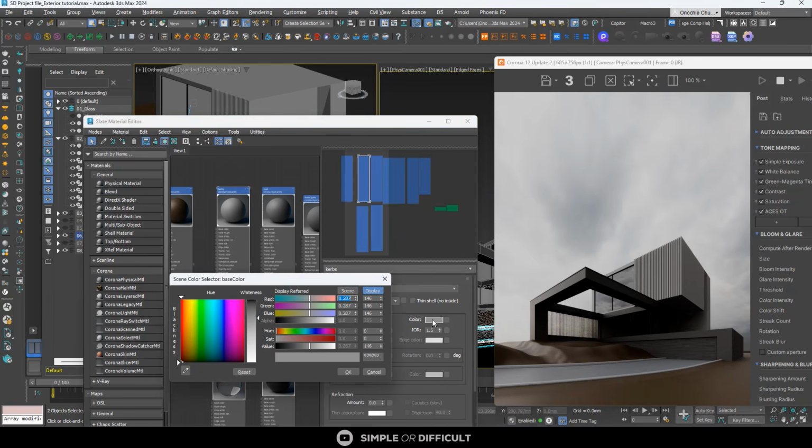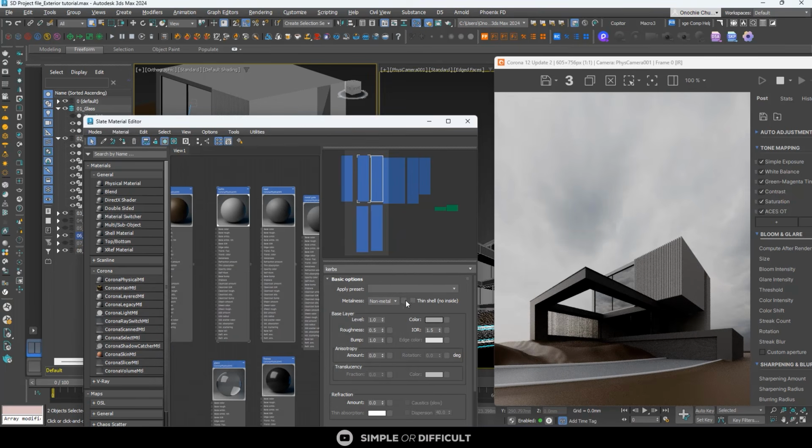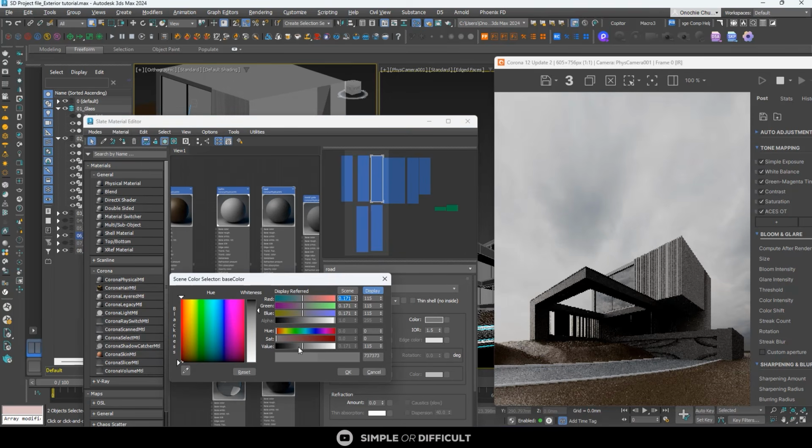Maybe way lighter than that. And this road should be even darker, just a little bit. Okay,